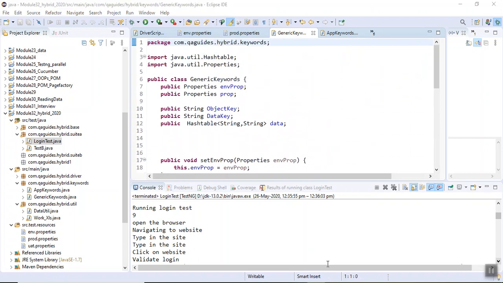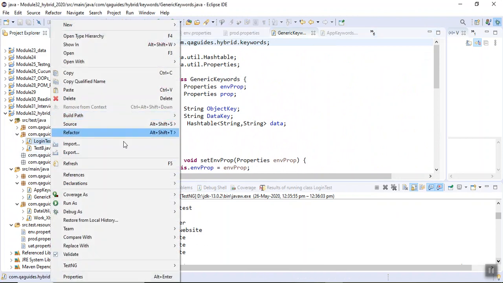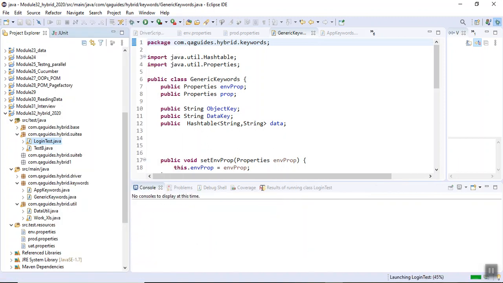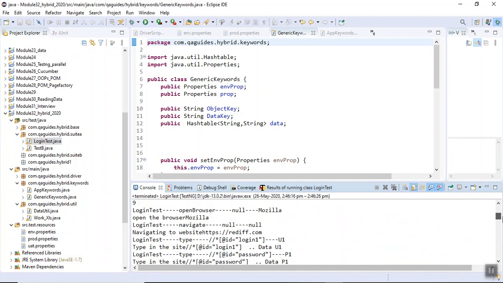Now let me run this code. Let's analyze the output. See, open browser, Mozilla. Fine. Navigate. Why it is showing me none? Okay. Navigate to website, Rediff.